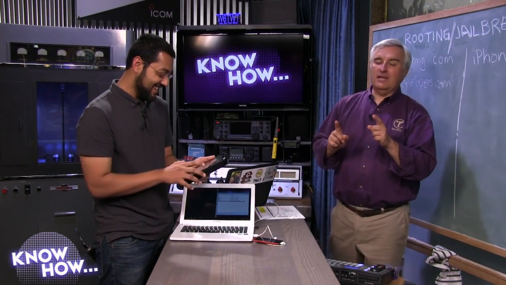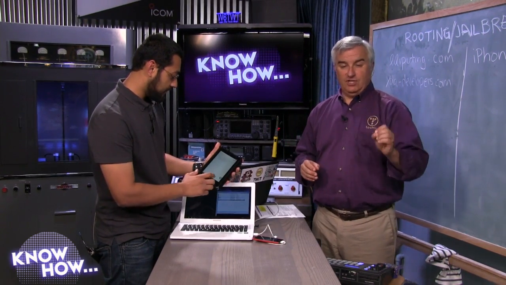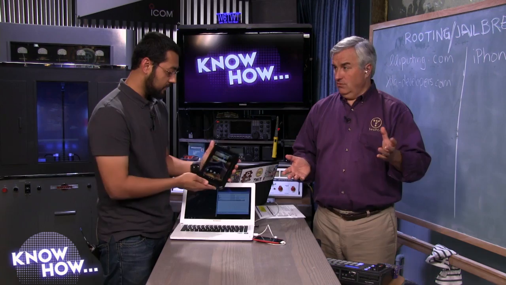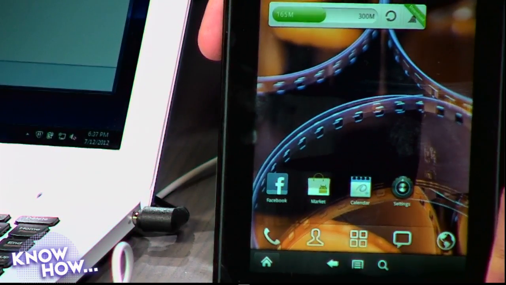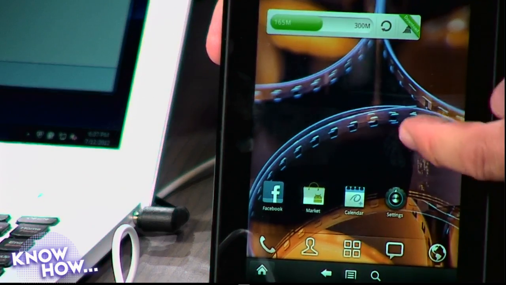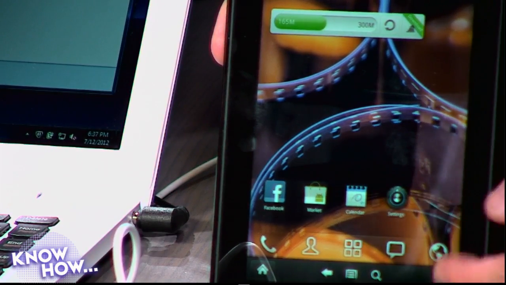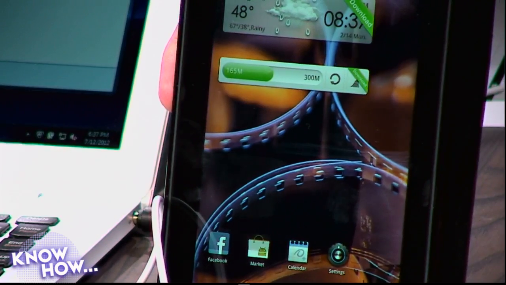Another thing I would like to mention, and you did kind of mention this, is that some ROMs don't have full functionality, so it's a driver issue. So sometimes the camera won't work, or sometimes the GPS won't work. So you should check. Wow, this is now Android. I'm using actual Android. So you can do all kinds of things. That's the Go Launcher EX dock you're seeing at the bottom. These are Google apps. I see Facebook on here. I am now no longer trapped in the world of Fire.